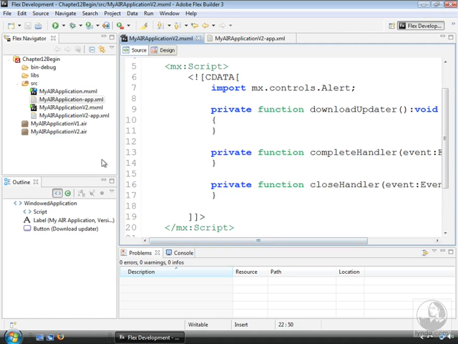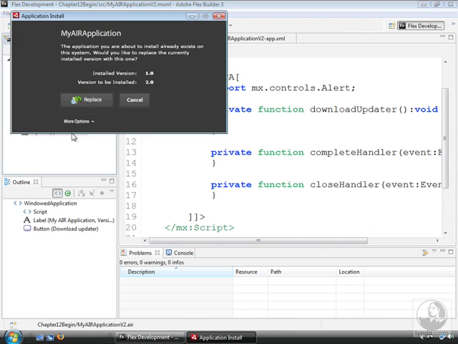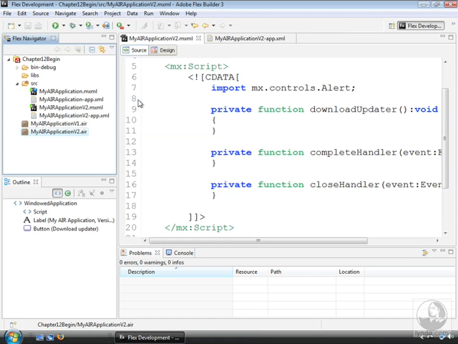So if I tried to run the Air application for version 2 right now, the Air installer would detect that the version numbers have changed from version 1, the installed version, to version 2. Now you could replace the existing application this way, but we're more interested in this chapter in seeing how to handle this update automatically, using ActionScript code to download the new installer and then inspect the version numbers and finally automatically do the update. So cancel this installation process, and in the next video,